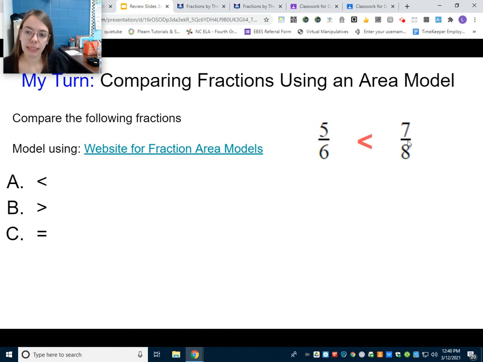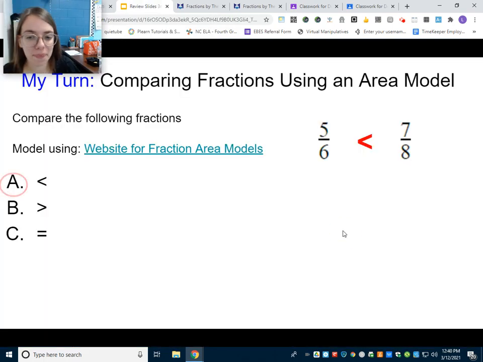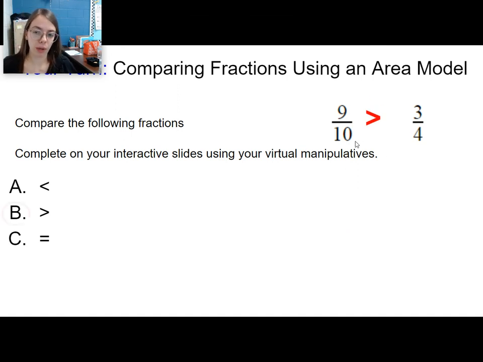All right. So remember, just like with whole numbers, the alligator mouth is always going to eat the greater value, and the greater one's the one closer to a whole. Okay? And then this one, 9/10 compared to 3/4. Okay, you can build them both, but I know 9/10 would be greater, okay, because these are both one part